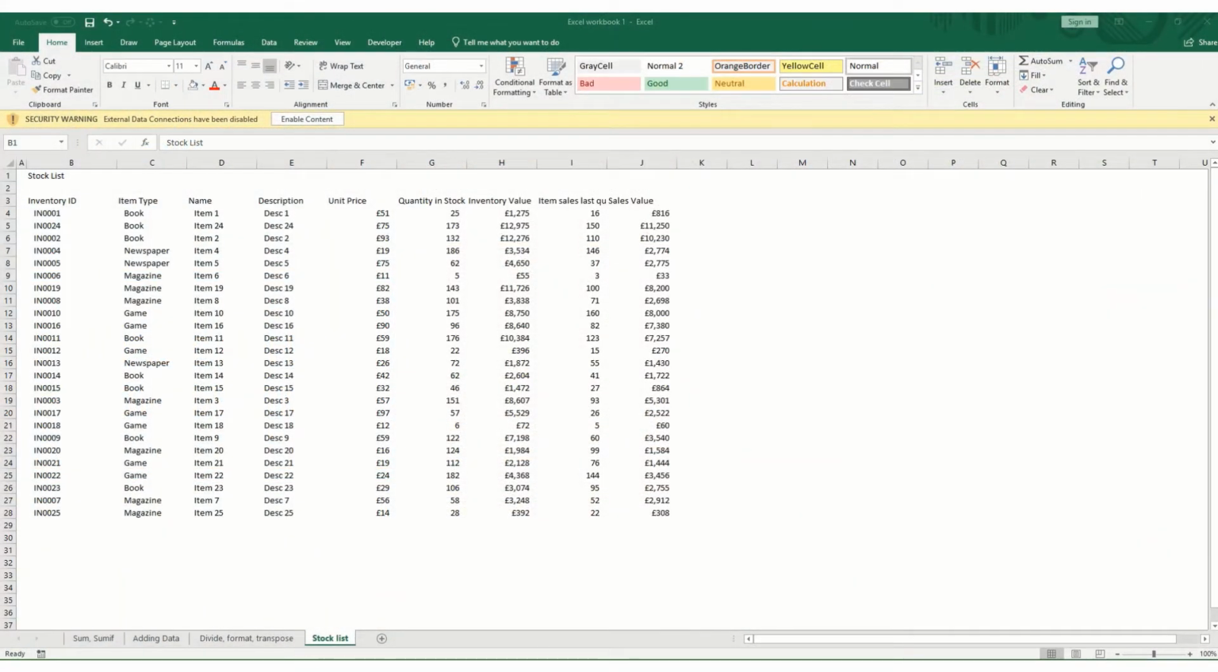Hi guys, welcome to this short video from Bite Size Excel in which we're going to look at basic font formatting. So in this worksheet we have a very basic stock list, and some of the simplest ways to change